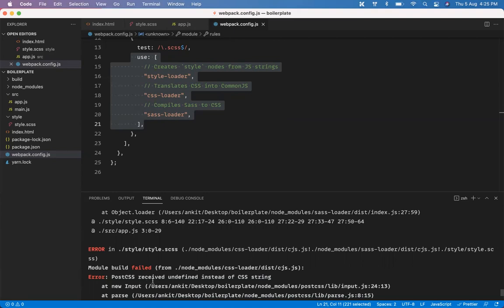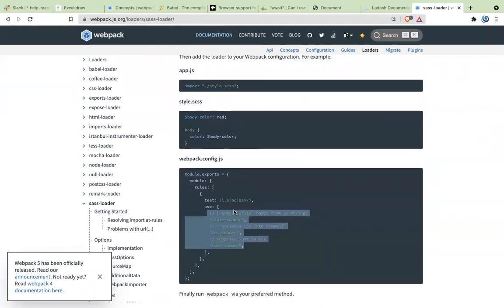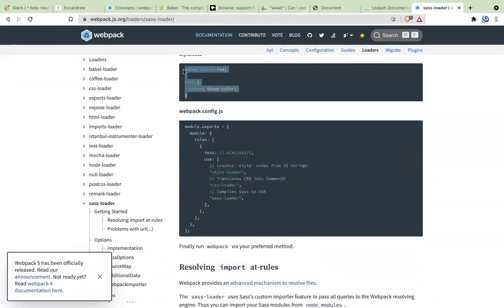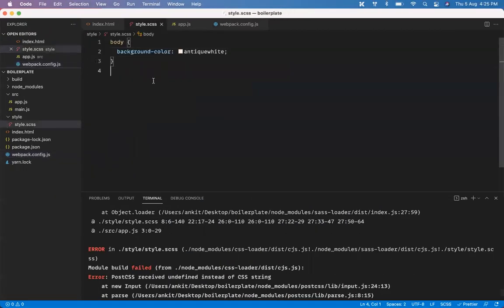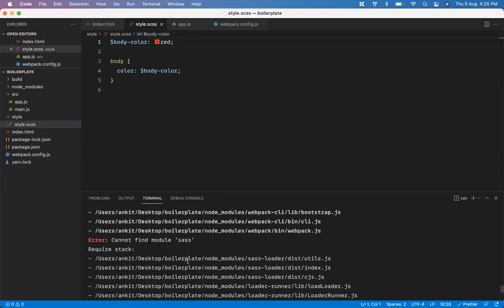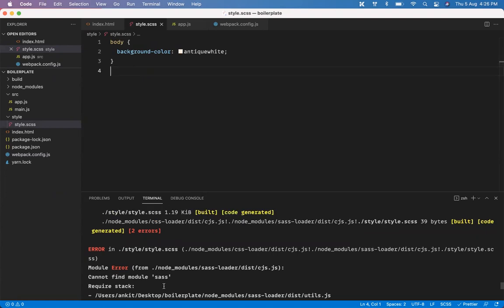Saying post CSS received undefined instead of CSS string. I don't know. Let's see. Just give me a second. I'll just see if I'm writing something. Why is it trying it? Can't find module SASS.